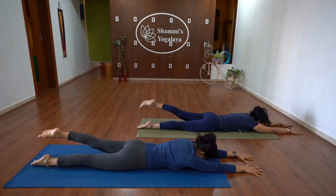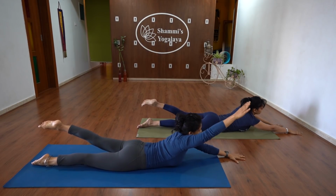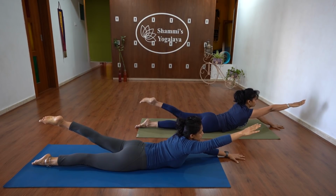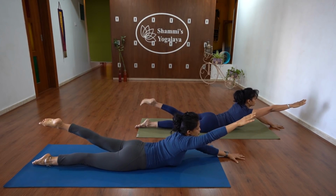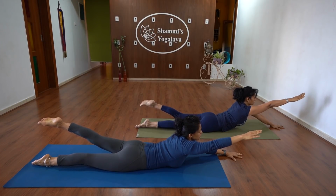Hold. Head off the floor. Tall. Slide your palms in, right arm up. Hold. Left toe is pointing out completely. 1, 2, don't tilt your body. 3, 4,